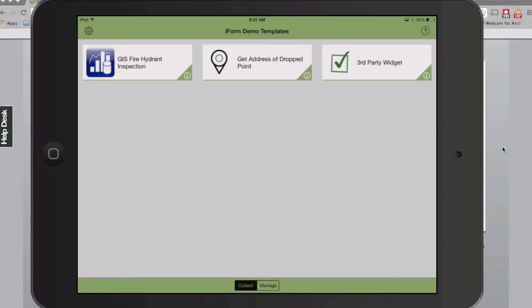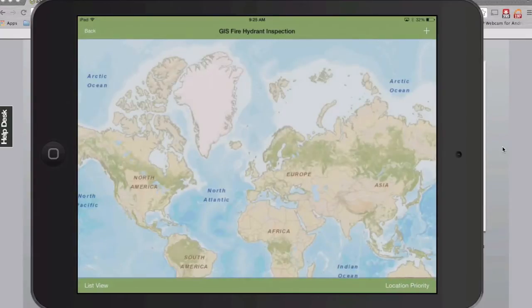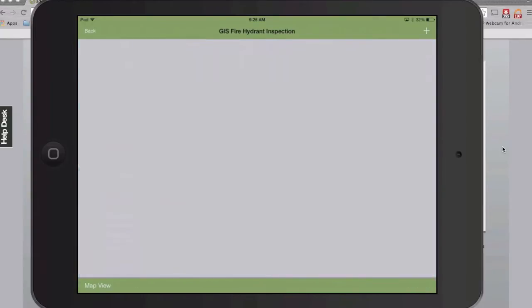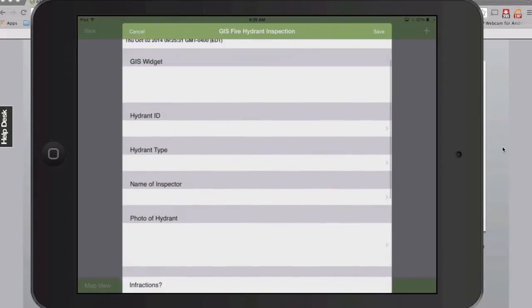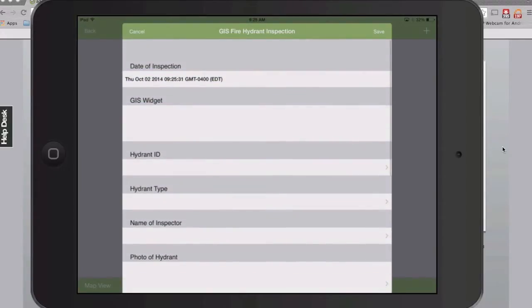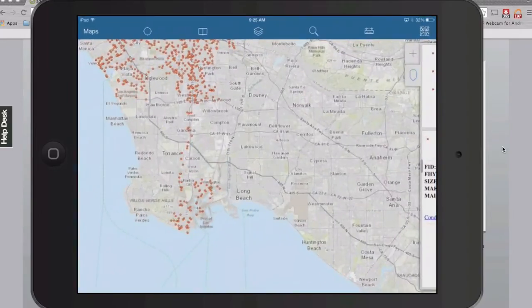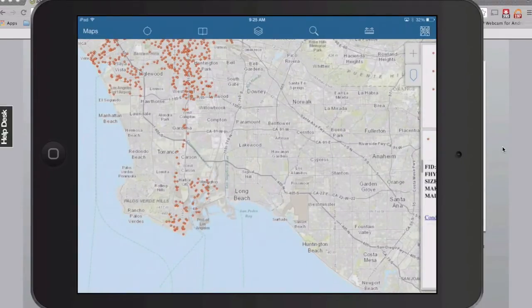So what I have here is actually a form, a fire hydrant inspection, and if I open up this form, you'll see I have a few fields here to perform an inspection on a specific fire hydrant. So we're going to put ourselves in the scenario that we're in Los Angeles and there's many fire hydrants throughout here. So I'm going to open up Esri's Collector application, and I'm going to be able to see many different